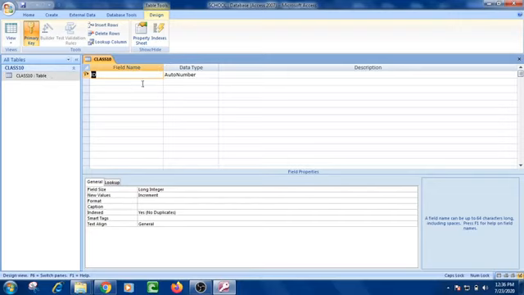Now in the design view, you can see there are three columns: field name, data type and description. In the field name, I will give the name of the fields. In the data type, I will give the data type of the field, and in the description I will write something about that field. Description is optional. Right now the field ID is already there by default, whose data type is AutoNumber. But right now I want to give the field name as name in the place of ID.